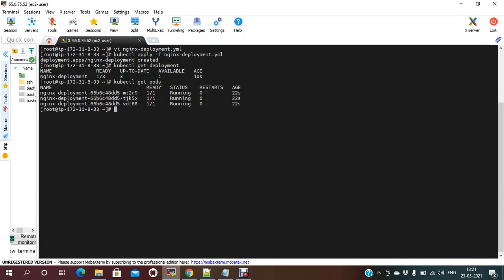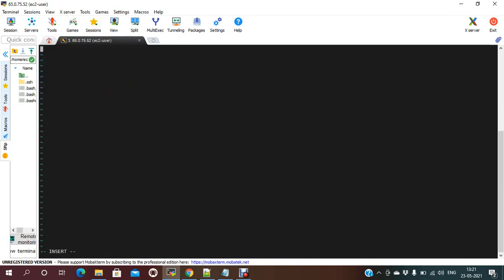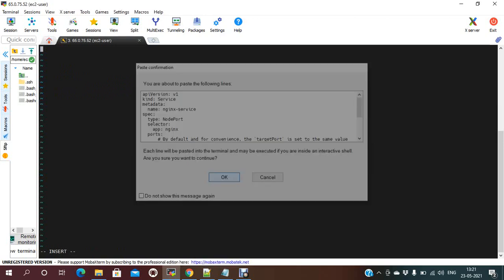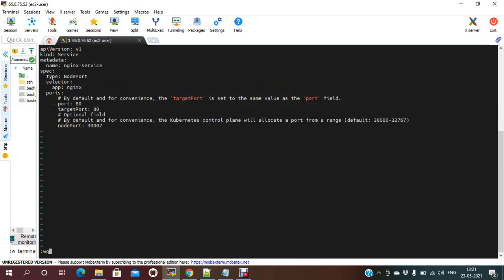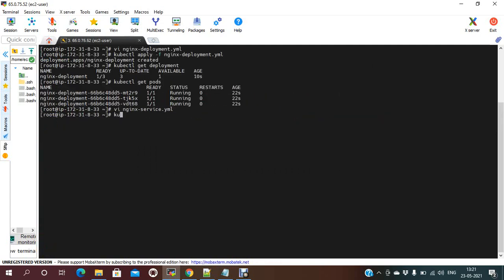So I just need to create the service file: vi nginx-service.yml. Then kubectl create or apply, anything is fine, with -f nginx-service.yml. Now the service is created.